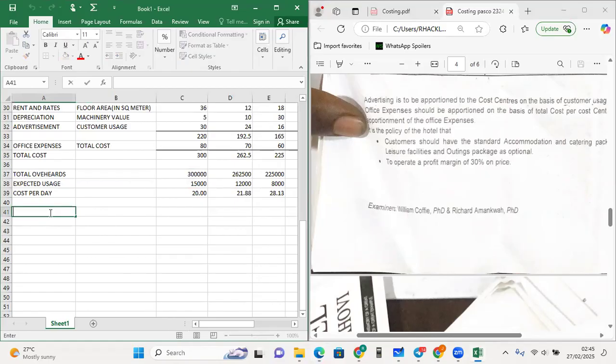So now what we are going to do is let's look for the amount to be charged to